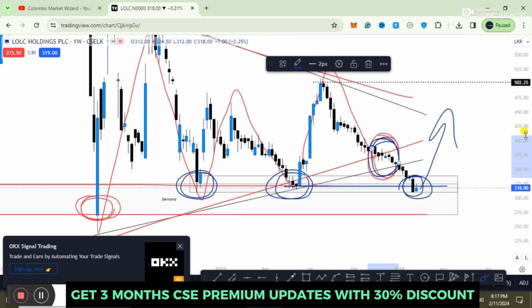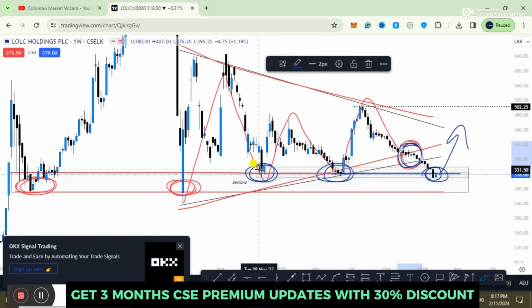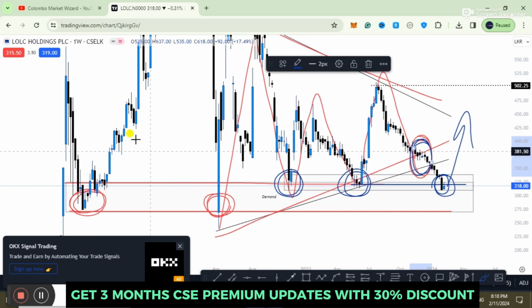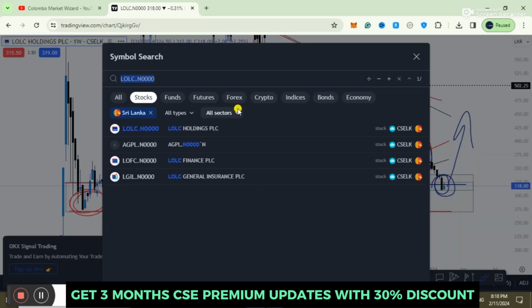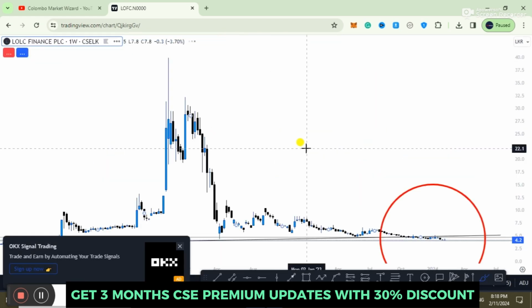So for the moment, it is very clear. I believe the market is confirming that we are on a buy zone, which is a perfect opportunity for you guys if you have followed the LOLC, and I believe I have also sent out a signal for this as well. So here we have a chance of seeing a bullish rally to the upside based on the confirmations, right? So let's move into the next counter, which is the LOFC,